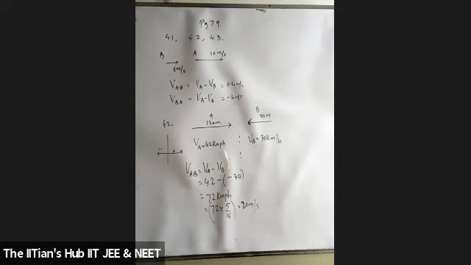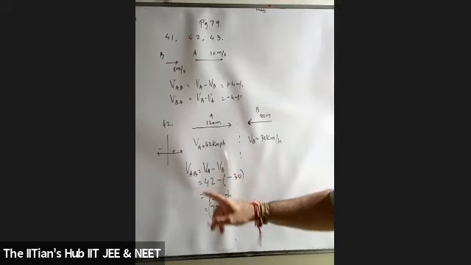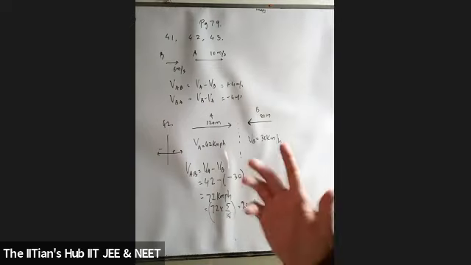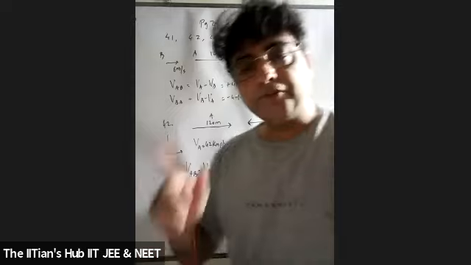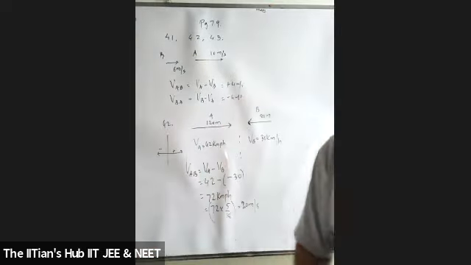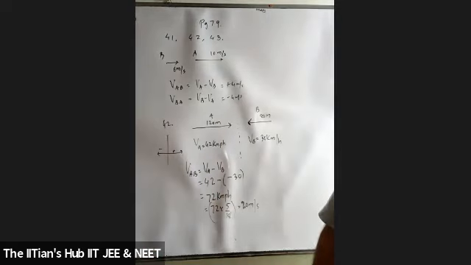Sir, because wouldn't A be faster than B? Faster in what sense? What would have happened if I had taken B with respect to A? Sir, it will be minus B. Sir, I don't know how to tell the answer. Now, first of all, any of the students can tell me, why did I go for relative velocity? What was the reason? Why did I have to go for relative velocity? Can you explain that?